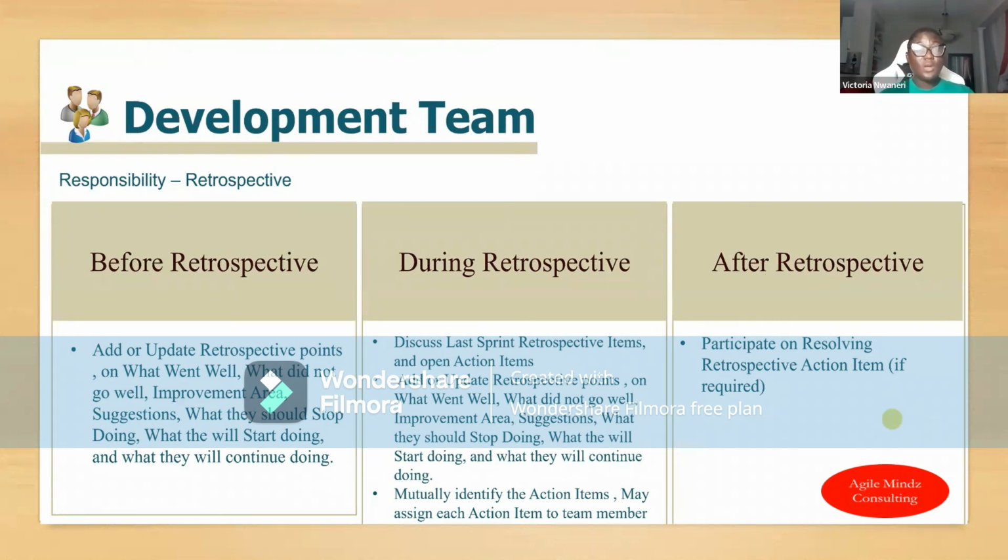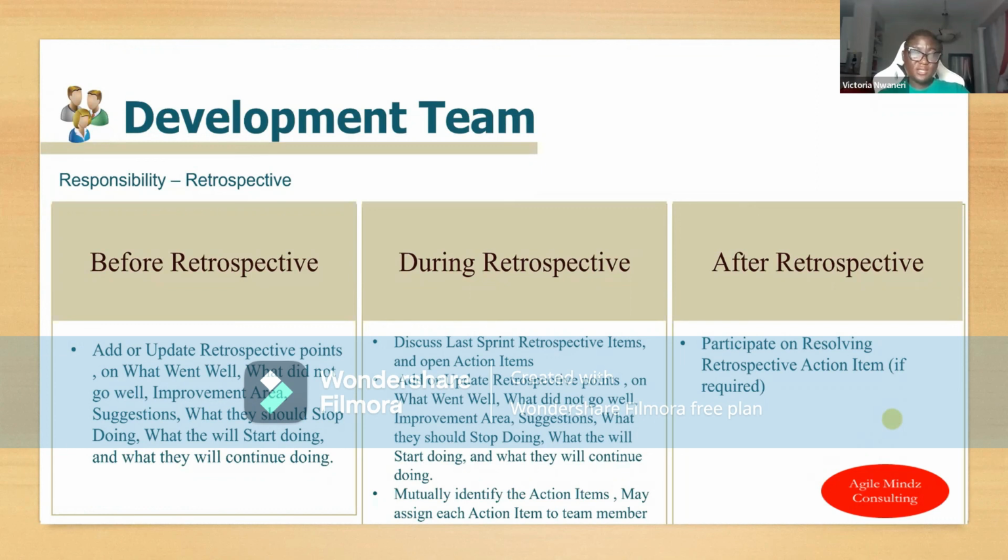What didn't go well, what went well, any improvement items, and oftentimes I like them to identify solutions, right? And out of those solutions, we're going to come up with action items, and I often encourage them to be the ones to own those action items, so that they can execute them in the following sprints, right? And then, of course, after the retrospective meeting, they want to start executing those action items that have been identified. So essentially for the development team, the retrospective meeting is for them to really open up,